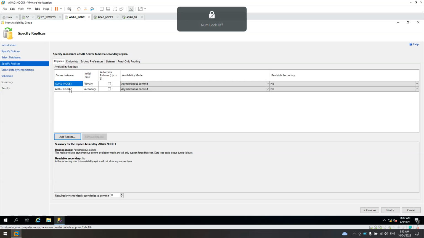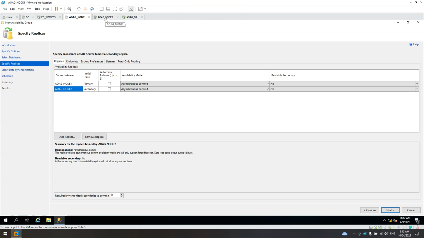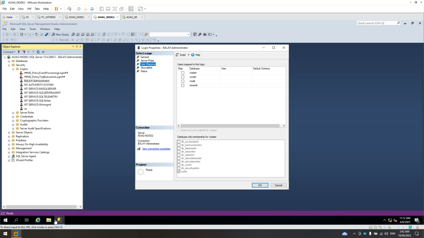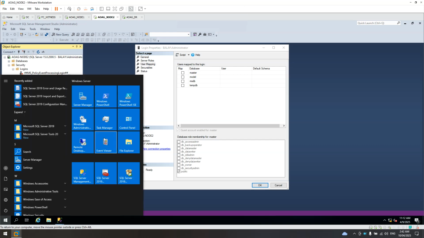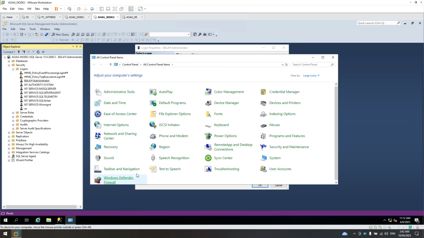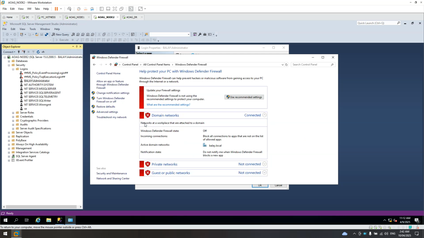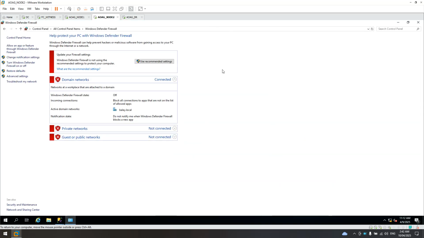Okay, I managed to add node 2. The reason for the error is because of the firewall. I disabled the firewall temporarily.